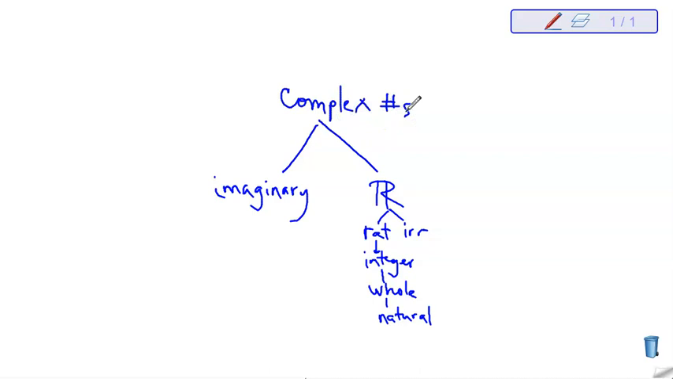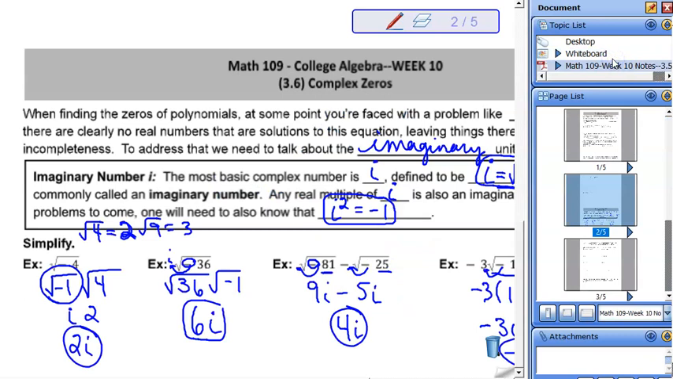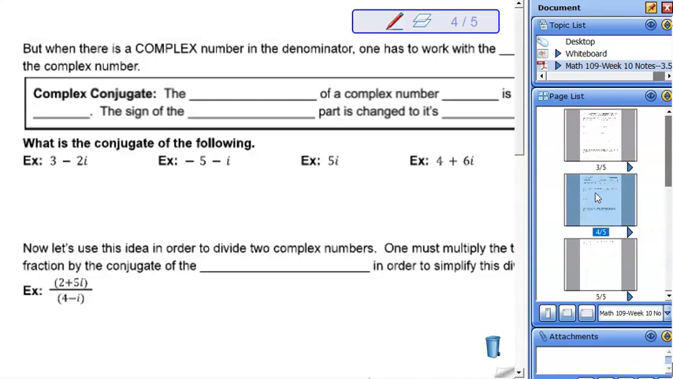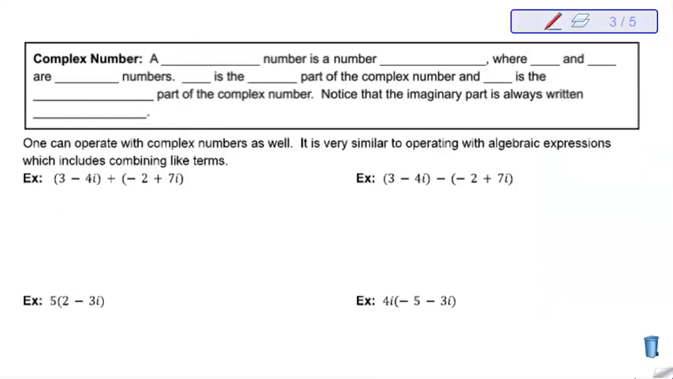Okay? So that's kind of the big kahuna number set, the complex numbers, which are broken into imaginaries and reals, and we can now investigate that a little bit more and operate with some numbers. Oops, I went too far. All right, so a complex number